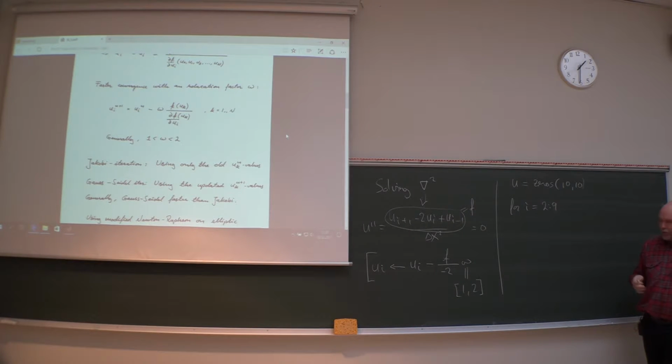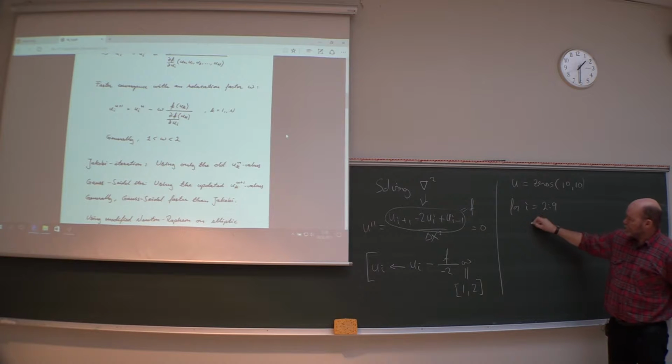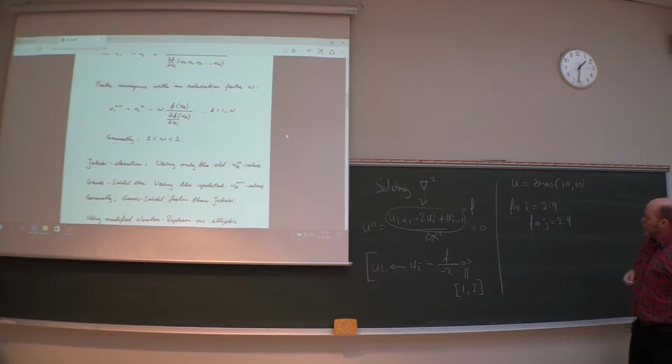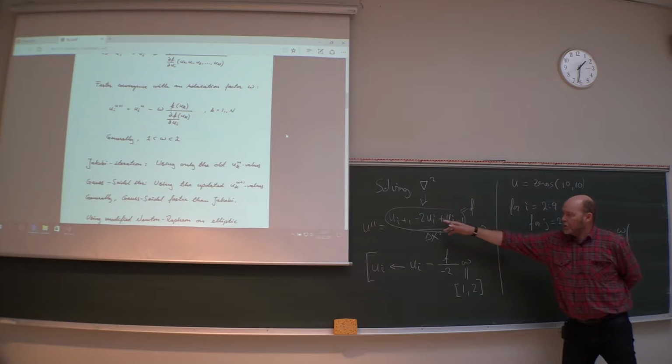They are then used for boundary values. More of that later. So this one now should be the internal field in the x direction, and here for j equals 2 to 9 in the y direction, and then I would write u of i comma j equals the old value, and then minus minus should be a plus. So I will write something like this, plus omega half, and then the entire f function here,